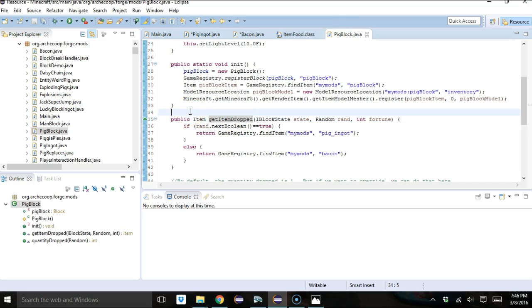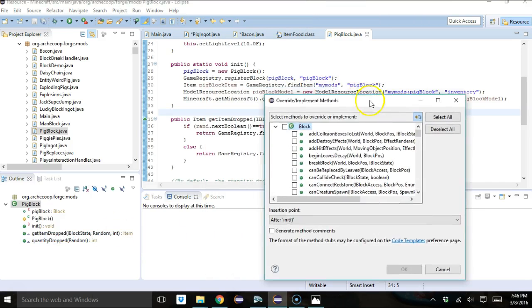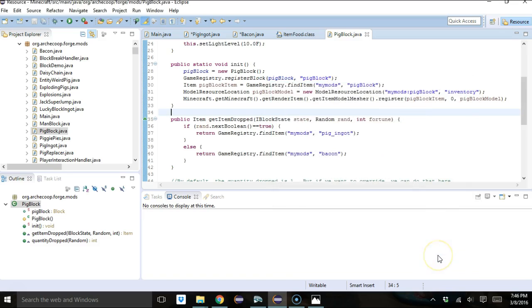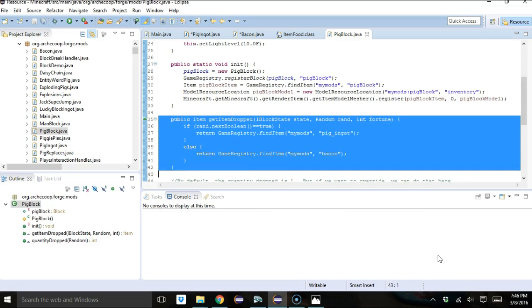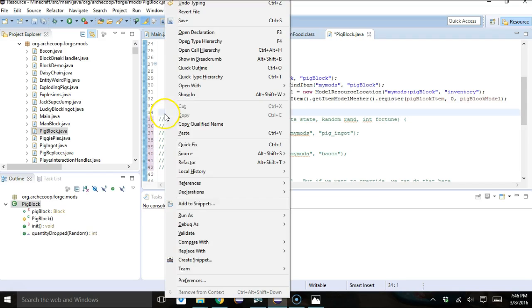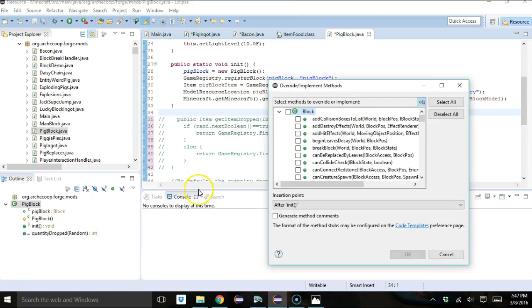Again, you can just do a right click, source, override, implement methods, and then you can do a get item dropped. It may not show up because we've already implemented it. So if I comment this out, now if I do a right click, source, where's that source? There it is. Override, implement methods, get